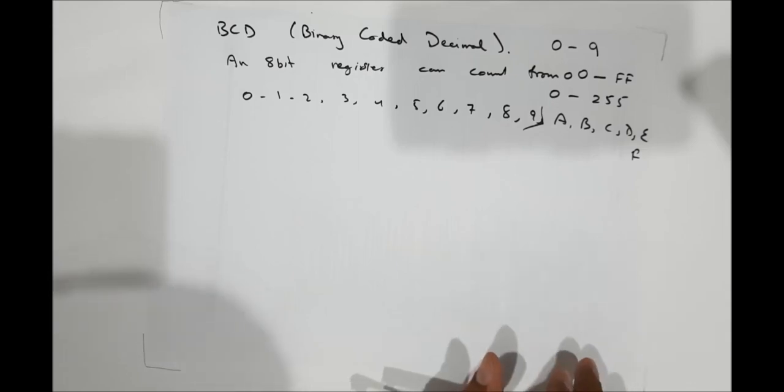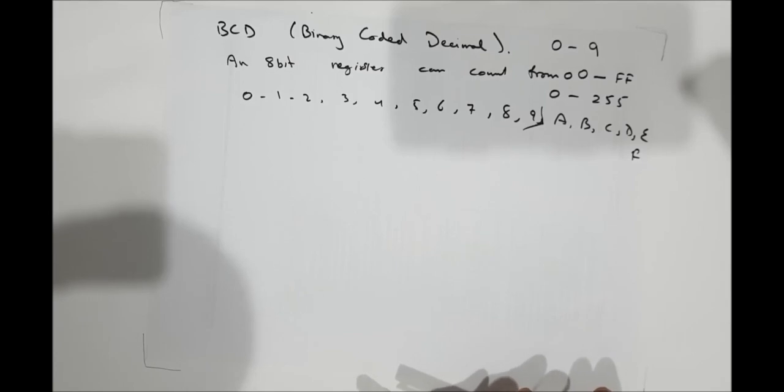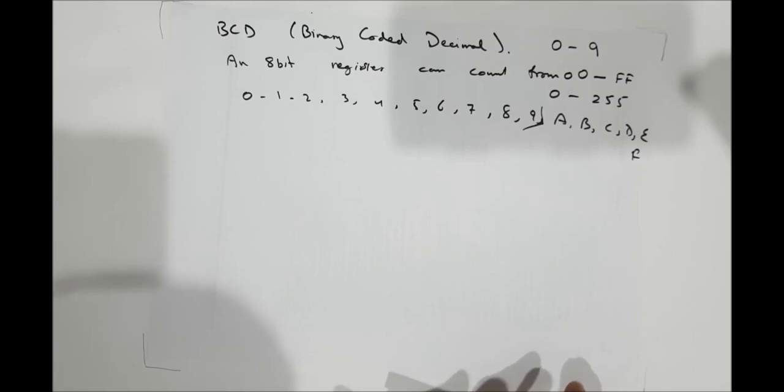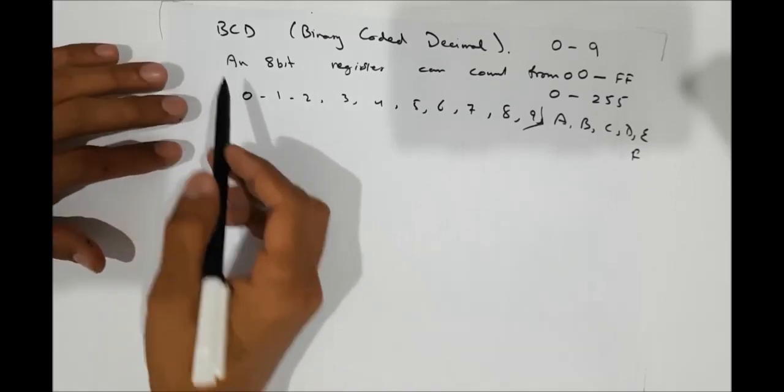Most microcontrollers, even the most basic ones, have devised a solution for this problem, because these microcontrollers will eventually be used for interaction with human beings. For example, if we want to make a digital wall clock, we have to display the hours, minutes, and seconds, and those should be between 0 and 9. There shouldn't be any alphabets A, B, C, D, E while displaying the time. So we use BCD numbers.